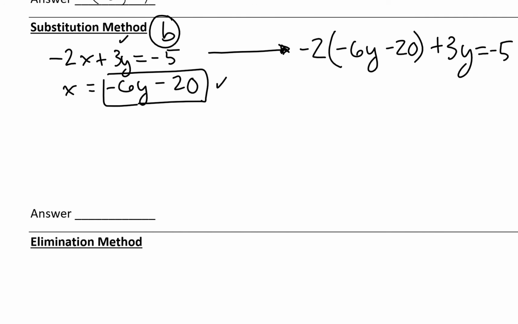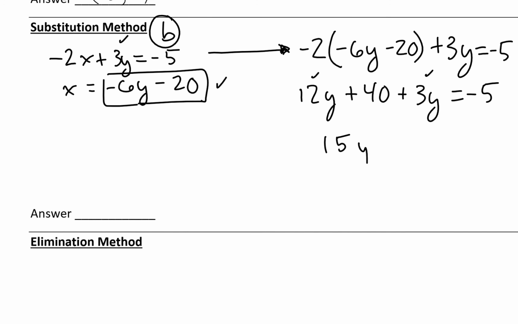Apply the distributive property: negative 2 times negative 6 is 12y, and then I've got plus the number 40. Don't forget to add the 3y, and that equals negative 5. When I combine the 3y and the 12y, that's 15y plus 40 equals negative 5. Take away 40 from both sides, that gives me that